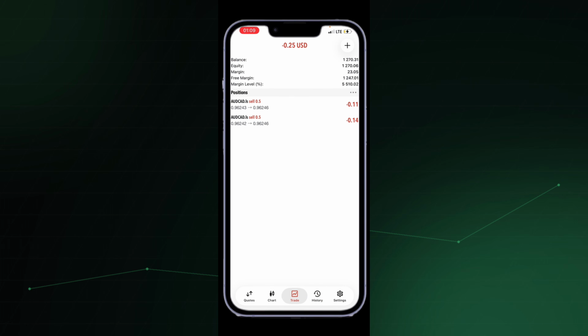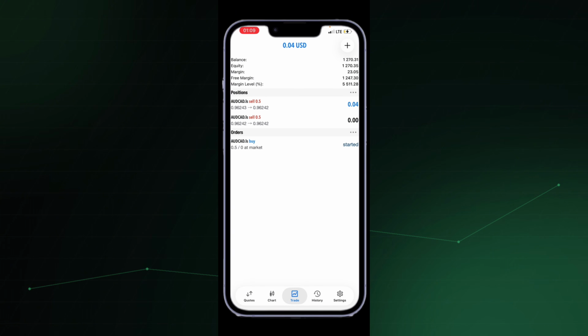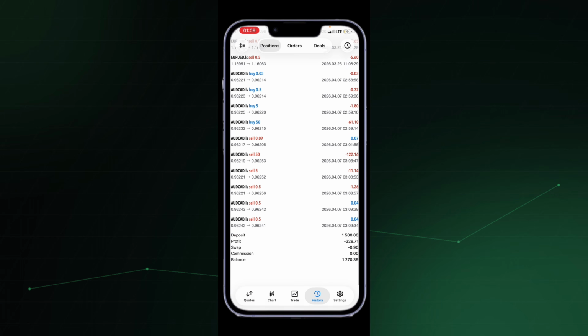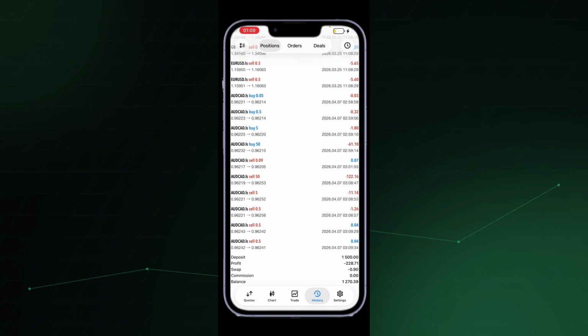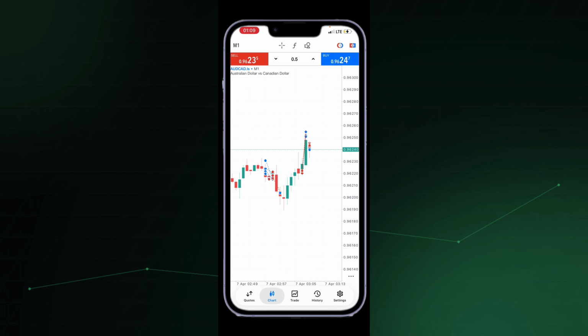If you come to the trades tab, that's basically where you see your floating trades, your balance, your equity, your margin, and every single thing you need to see, right? And if you want to close the trade, if you're in profit, you see close all profitable positions, and it will close all the profitable positions. That's basically how it is. And then there's the history tab. This is a demo account, so there's nothing too crazy. You will see all the trades you have taken so far. Okay, so that's basically how to use MetaTrader 5.